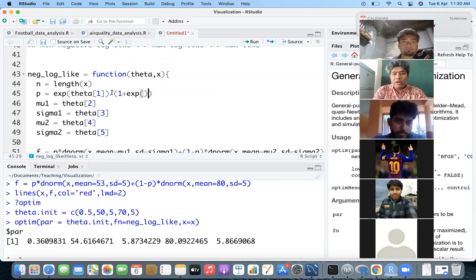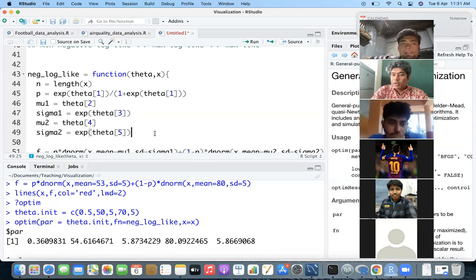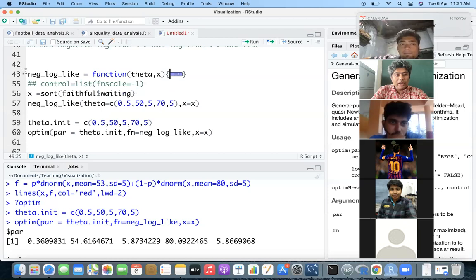This is typically called the logit transformation. Okay. For sigma 1, you can simply take e to the power, and for sigma 2 also you can take e to the power. Okay. Now if you run it,